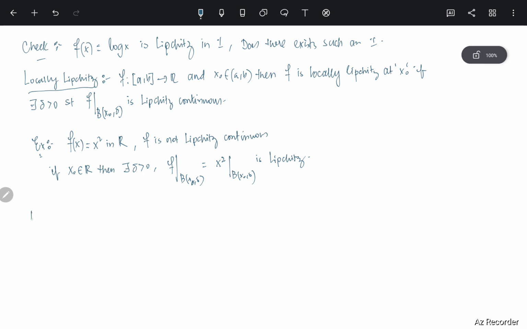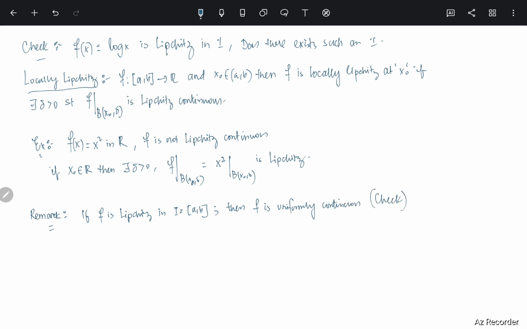Okay, another small remark I want to add is this. Let's say f is Lipschitz continuous in whatever interval I is (a, b), it can be R also. So if f is Lipschitz continuous in I, then f is uniformly continuous. This is very easy to check. Please do that. I want you to check this part. But now the question which I want to pose here is this: does uniform continuity